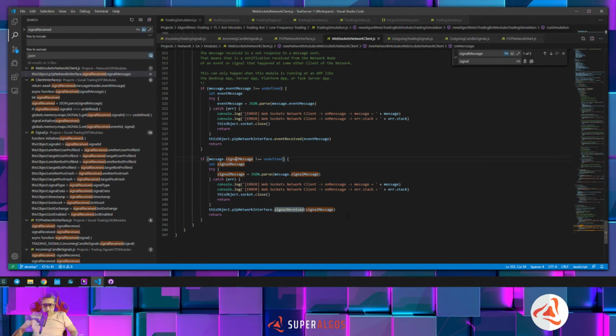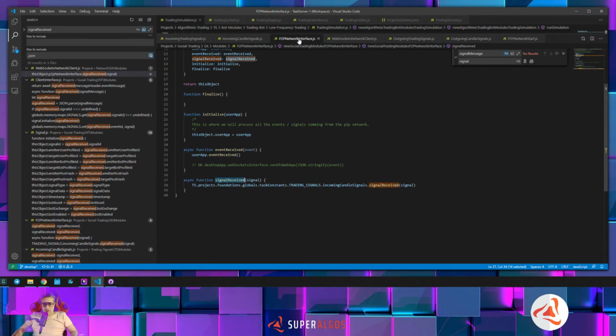Well, we will fix it, because in fact now it's going to be a signal directly. So it's 100% consistent everywhere. Okay, so this signal WebSockets is sending this here